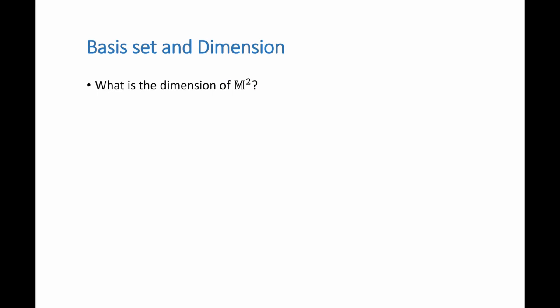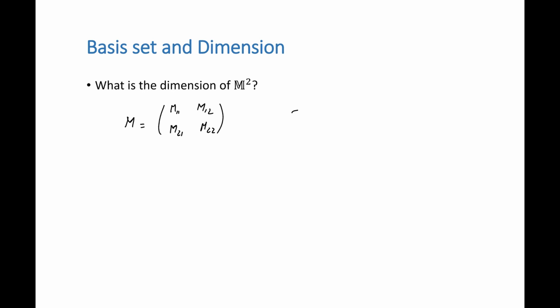As an example, let's try to realize what is the dimension of the space of square matrices that are 2 by 2. A general square matrix has the form M equal to M11, M12, M21, M22. If I consider this a linear vector space and I'm trying to find the basis set for this vector space,